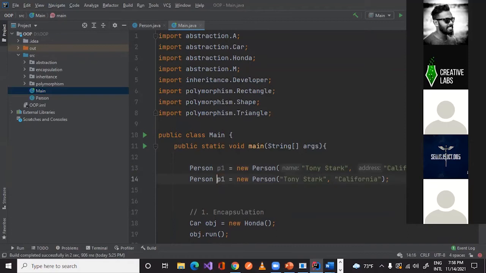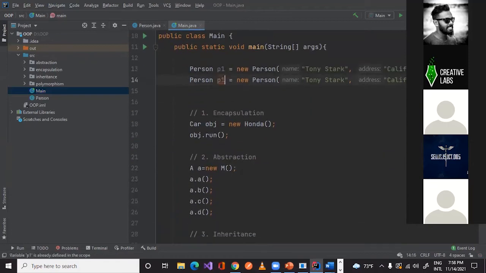We can create another object, Charlie, something like this.